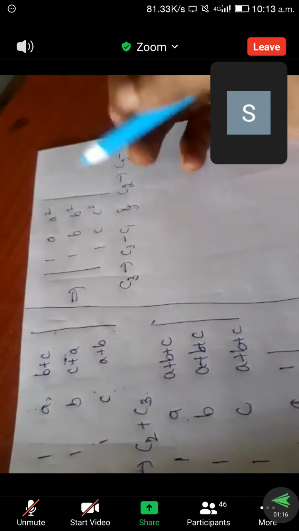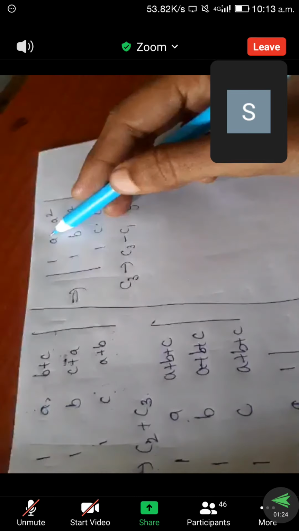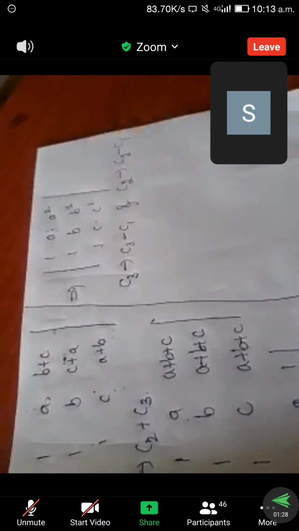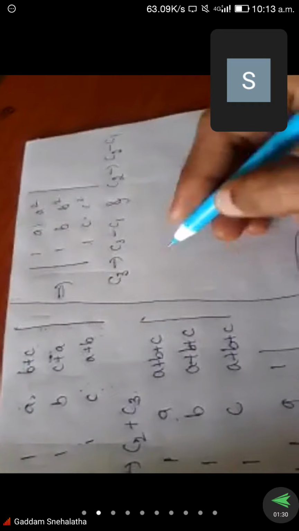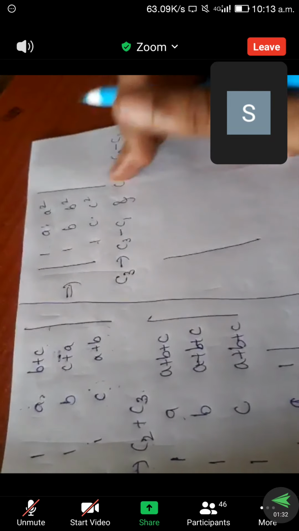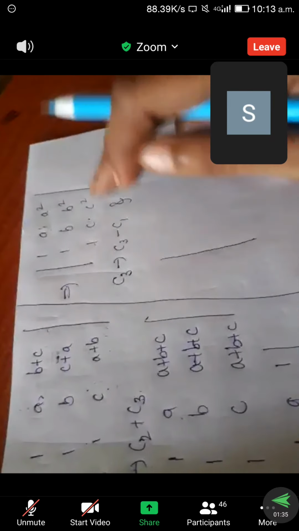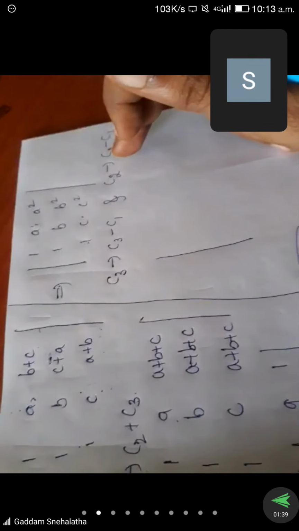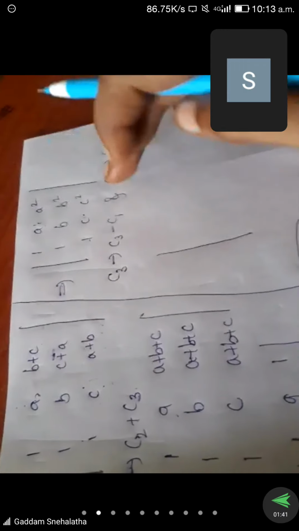Why? Because I want to get c minus a, b minus a like that. So that's why c minus a I want, so here in column 3 minus column 1 I did. So I get this as c minus a. As well as C2 also, C2 tends to C2 minus C1. So I am talking about here columns.